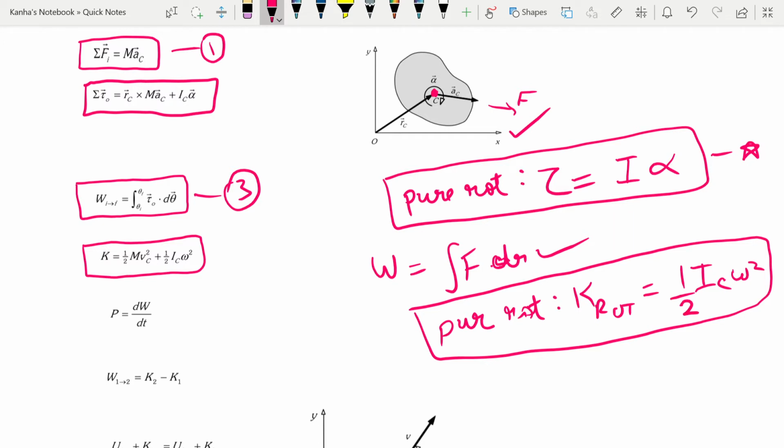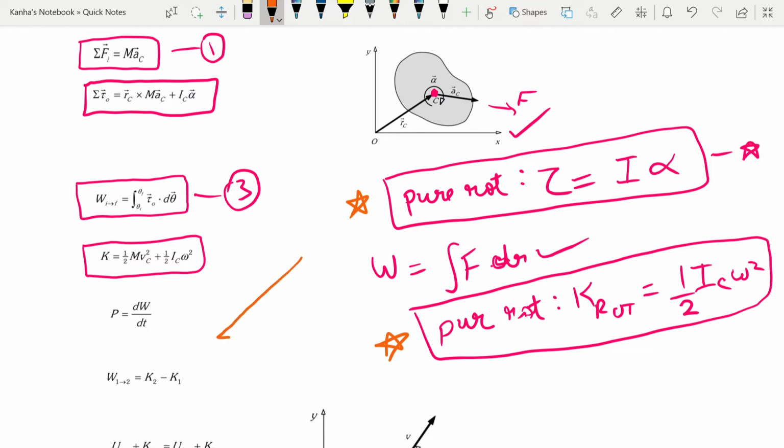So what you learned from here is, first of all, that torque is equal to I into alpha. Here I is the moment of inertia about the axis passing through the center. Similarly, for a pure rotation case, the kinetic energy of rotation is equal to half into I omega square. So whenever a question comes in front of you in which a ball is rolling or something is rotating, and they ask you about the energy, you will also add the term of rotational energy.